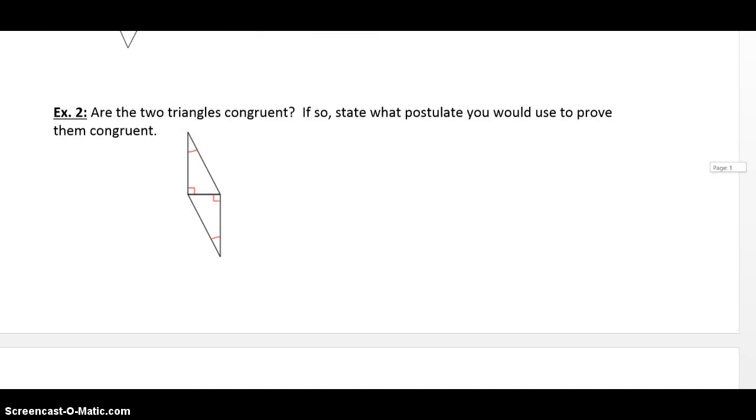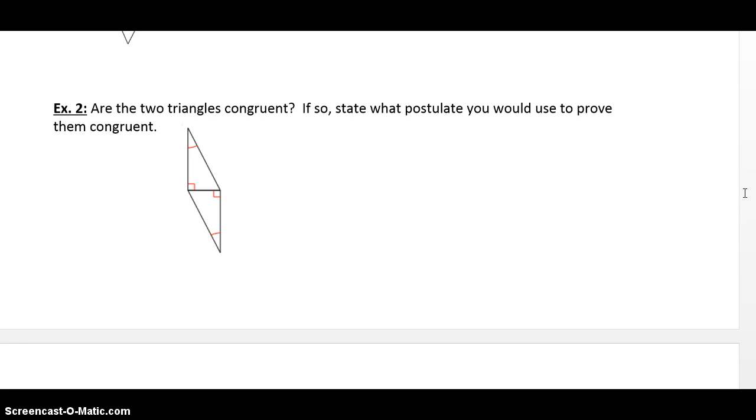Simple enough, hopefully. Are these two triangles congruent? If so, state what postulate you use to prove them congruent. Well,